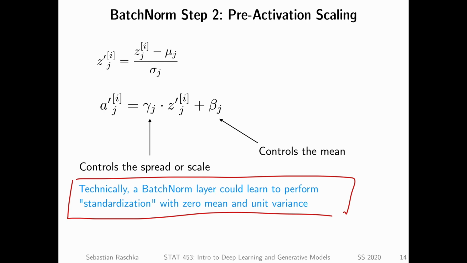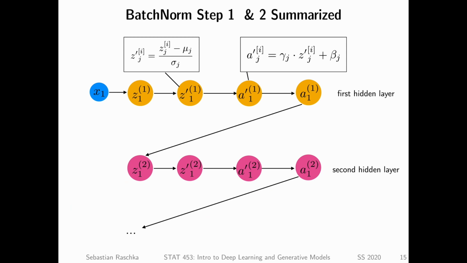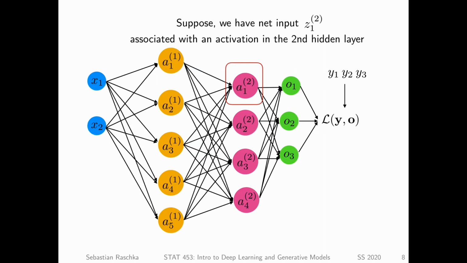In either case, this is just the general outline of how batch normalization works in 2 simple steps. It's maybe still a bit abstract how that looks in a neural network. So I made a small graphic here to illustrate this. Imagine the 2 hidden layers from our multi-layer perceptron. Let me go back a little bit. So imagine I have this network. Blue is my input, yellow is my first hidden layer, pink is my second hidden layer, green is my output layer. And for simplicity, I'm only looking